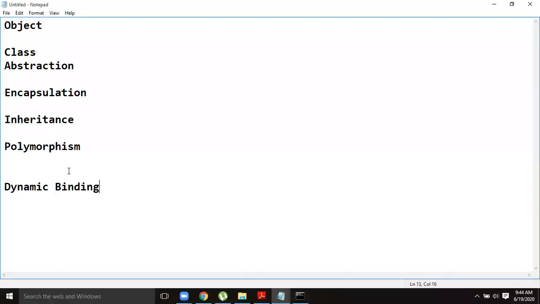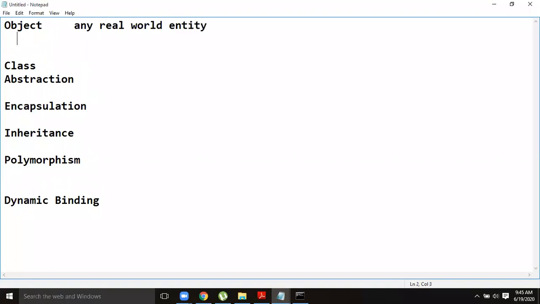So your program is an object-oriented entity. This is the basic definition. From the technical point of view, an object can be defined as an instance of a class. Know the difference between object and class.